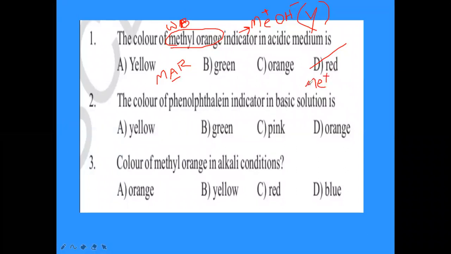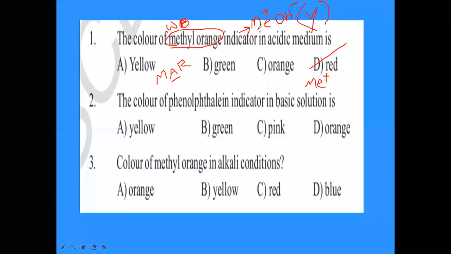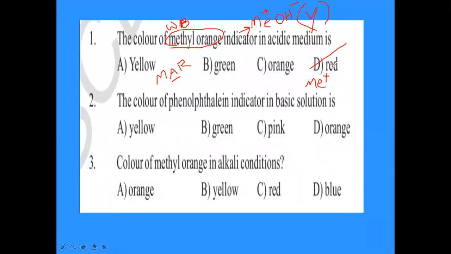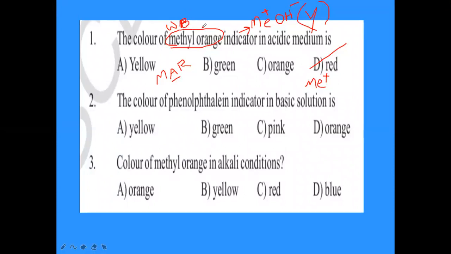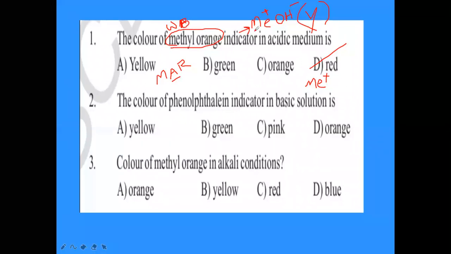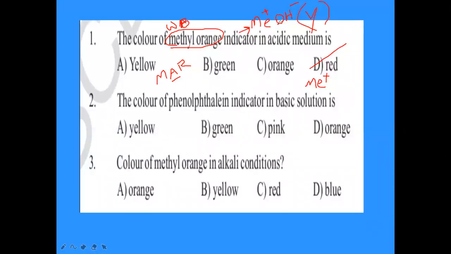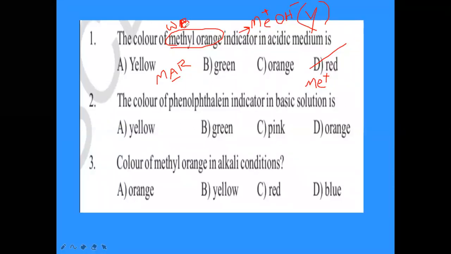So remember that the molecule color, the MeOH molecule color, is yellow. But the Me plus cation color is what? Red. When does this molecule give cation? In opposite medium. It is itself a base, na? Methyl orange itself is a base. In basic medium, does the methyl orange molecule dissociate? No. The MeOH molecule remains a molecule only, in its own medium, the basic medium.